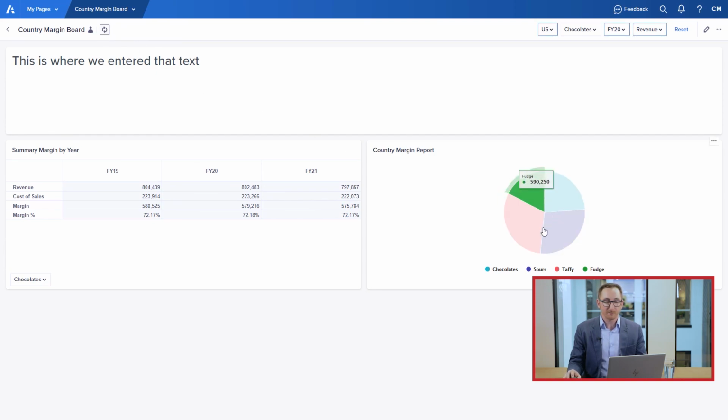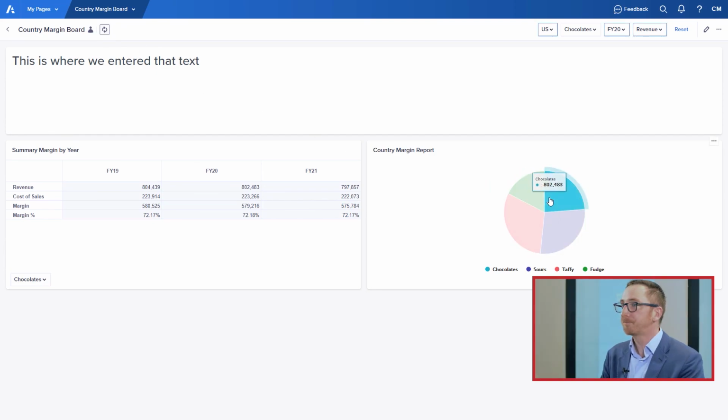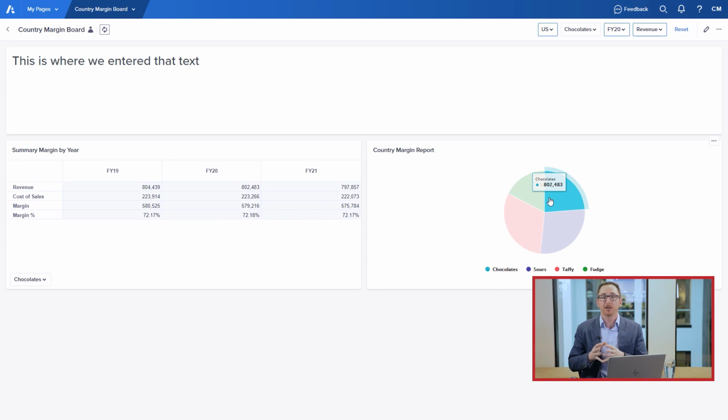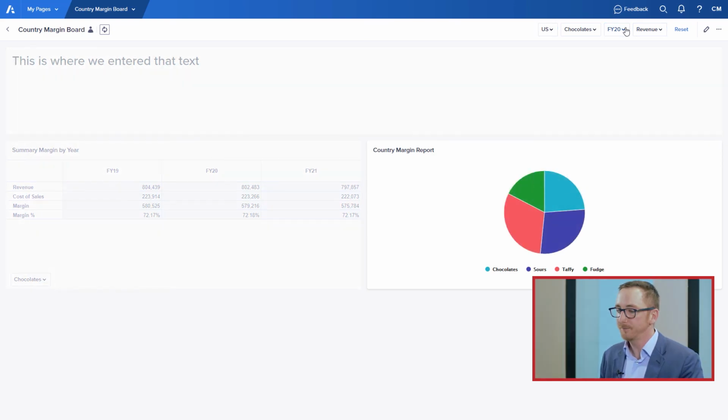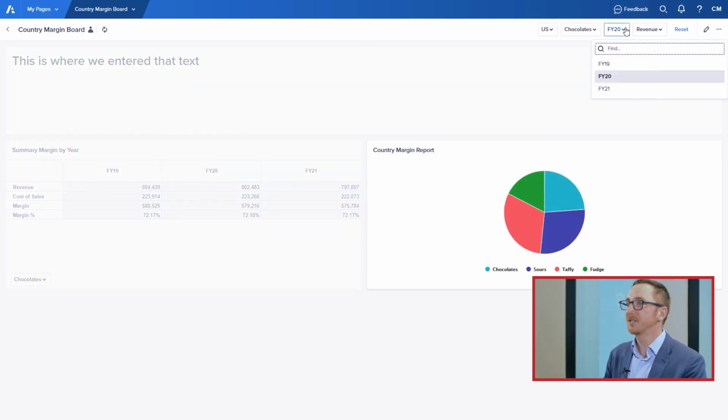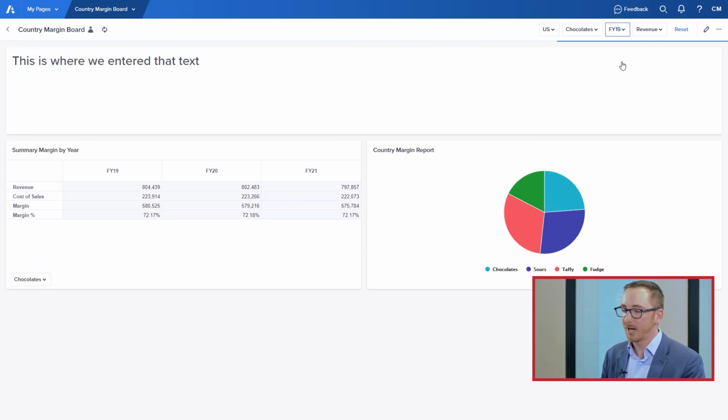Very much so if you remember when we built out our chart, we added different context selectors as far as time. So right now we're currently looking at FY20. If I want to look at FY19, there are 2 different ways I can do it. The first one, just using that context selector up at the top, go ahead and select the FY19, and you'll see that this is going to update.